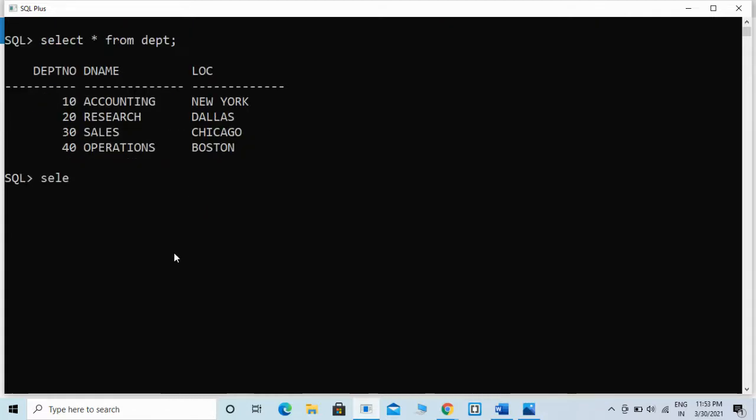Select a.name, a.dname from the employee table and b.dname from the department table, comma a.department number. This is the matching column between both the tables, that is b.department number, from employee table.